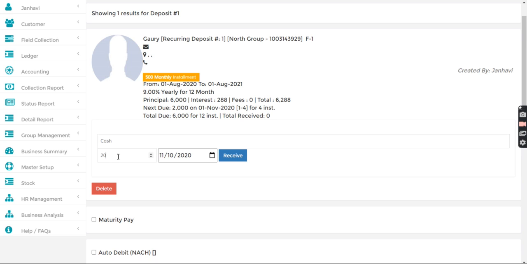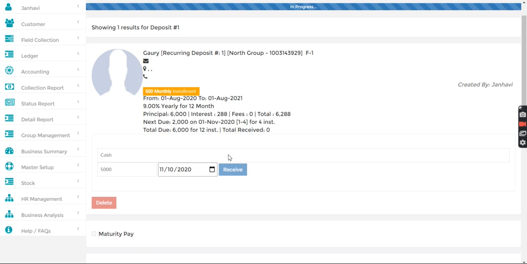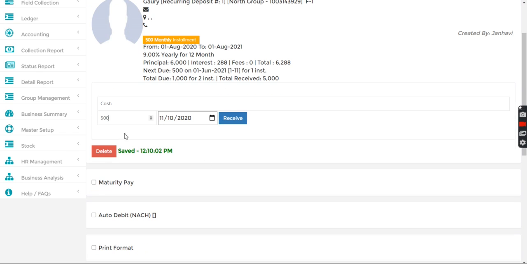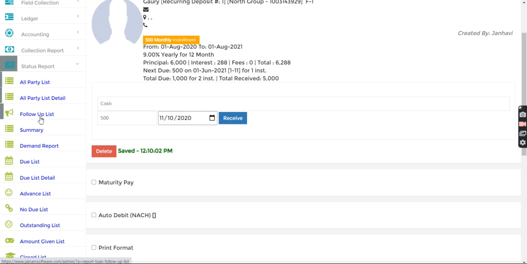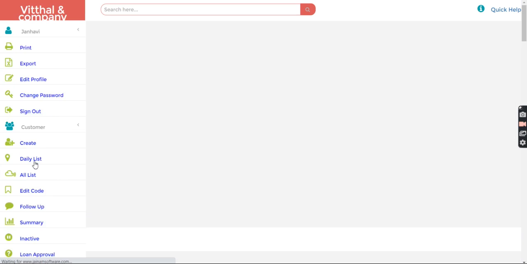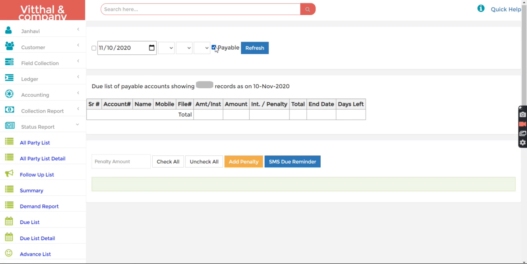For example, let's say the customer is paying 5000 in advance, so I will receive it from here. I have received 5000. Now I will go to the status report due list and check the payable.